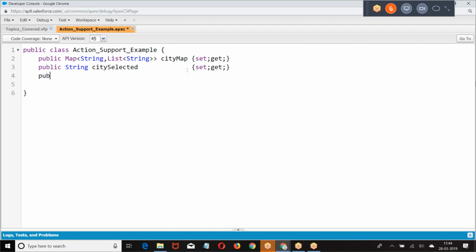Now I want to create a pick list field here, where I was giving city map equal to new map of. Then I was giving stuff at place is equal to.